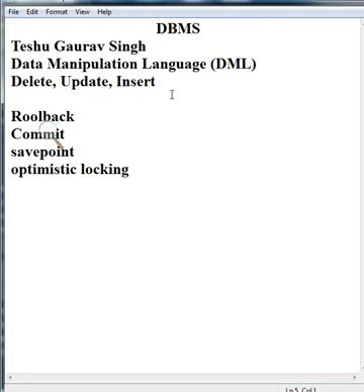But in data manipulation language we learn about deleting, updating and inserting values, that are domains. So this is the difference between domain and schema. In DML we learn about the domains, and we will learn about the rollback, commit and savepoint commands.